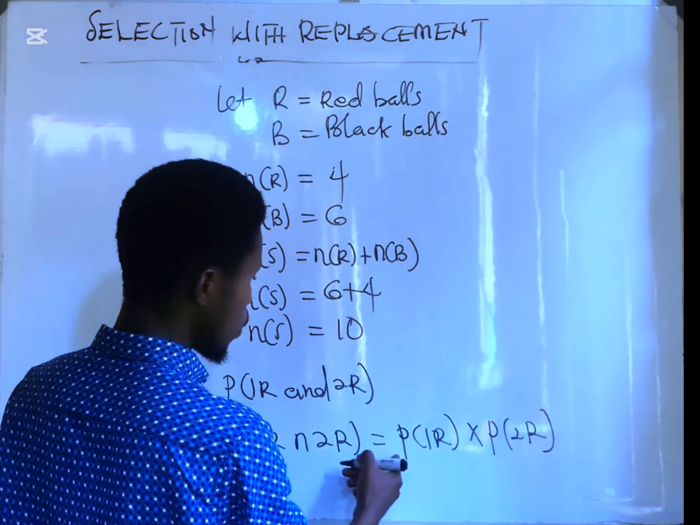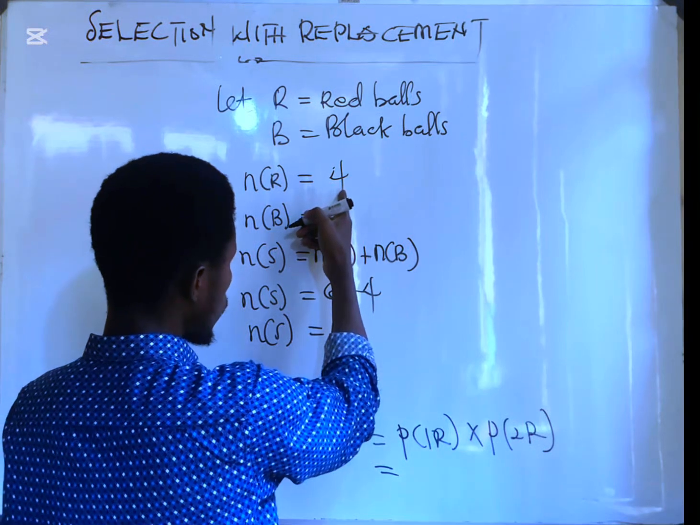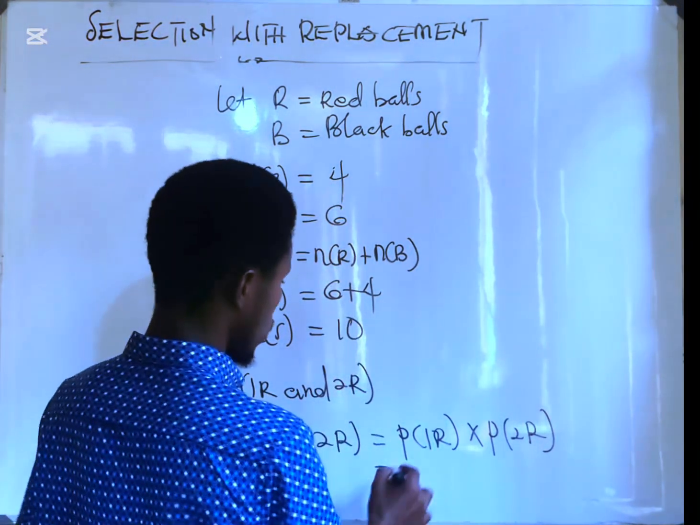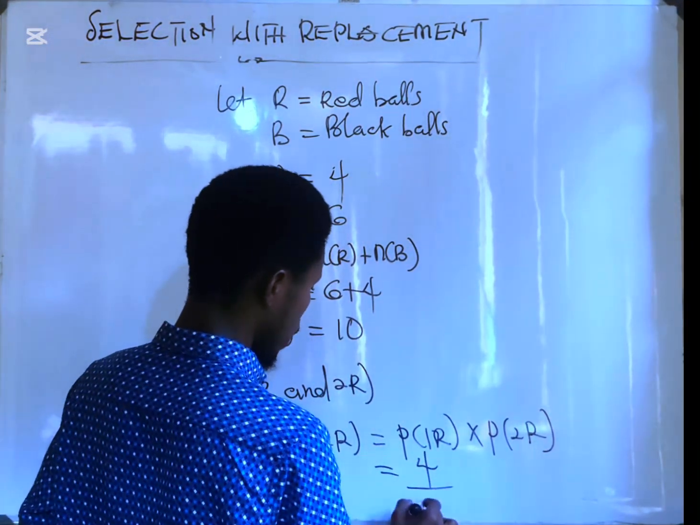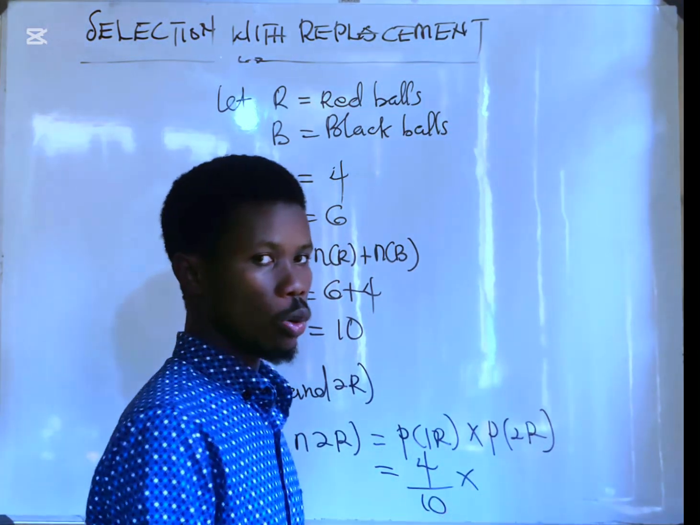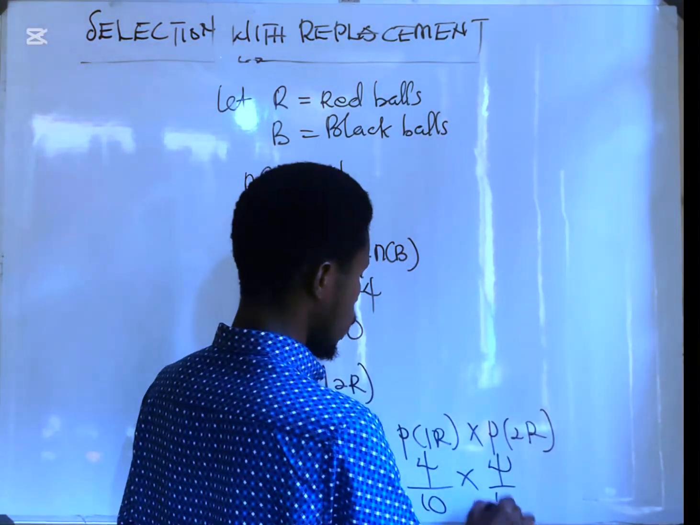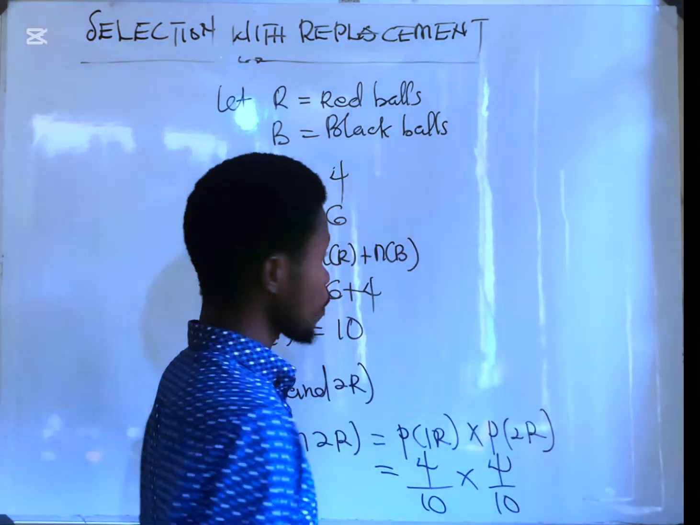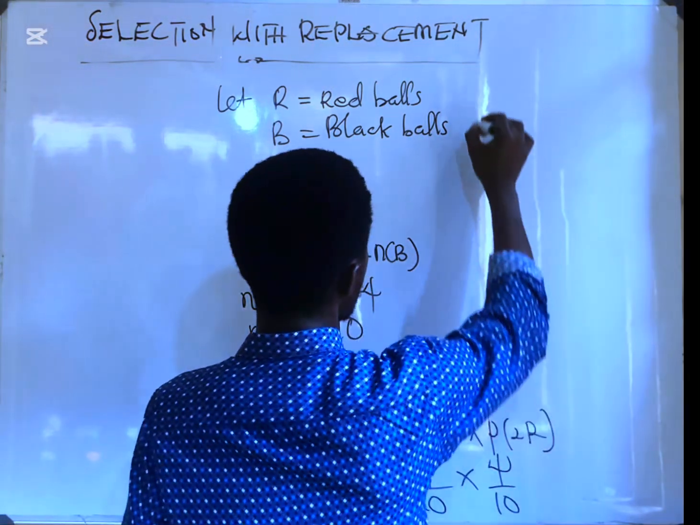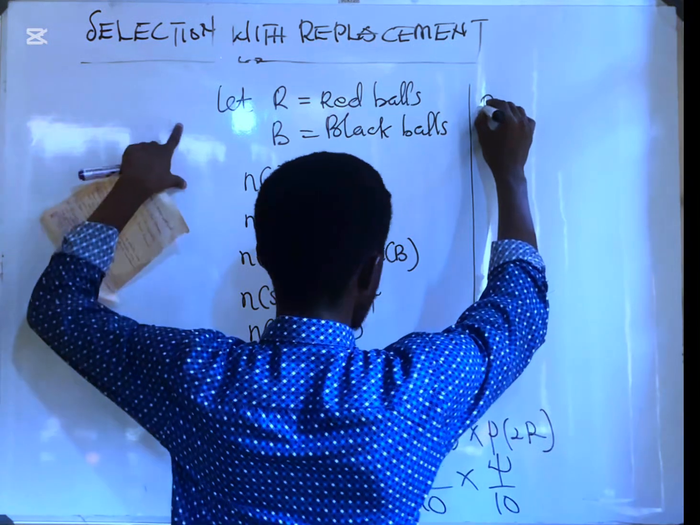So probability of obtaining first ball to be red. Obtaining red ball is 4/10. Okay. Now, when you are taking the second ball, because it was replaced back, you will repeat it. So that one too will be 4/10. Is that okay? So from here, you can see that probability of obtaining